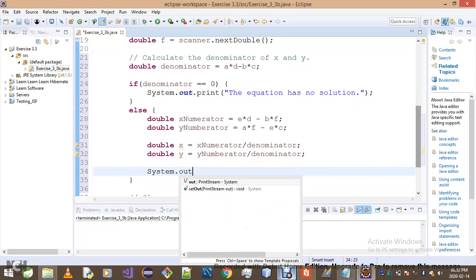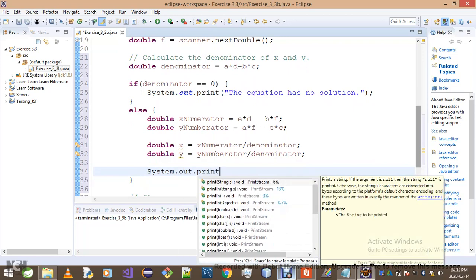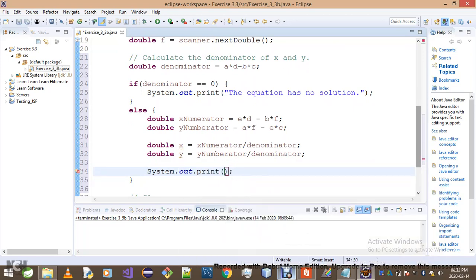So system.out.print, we'll simply go "X is" X, then we concatenate that with "and Y is", we'll simply put a Y. Right,